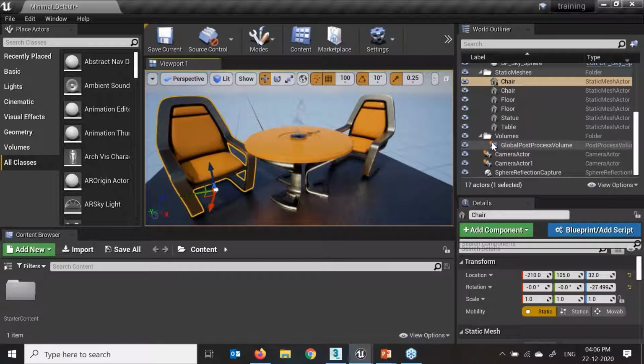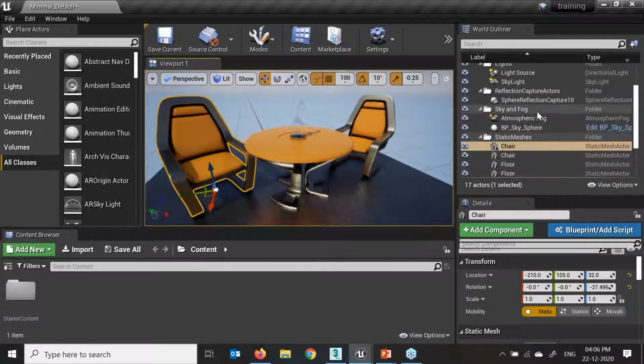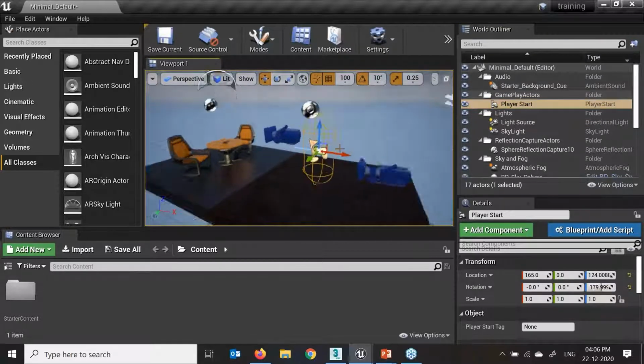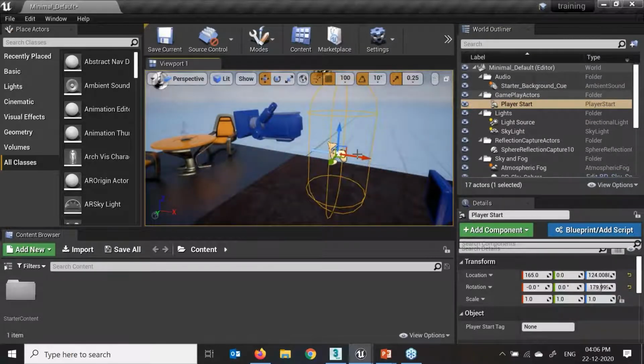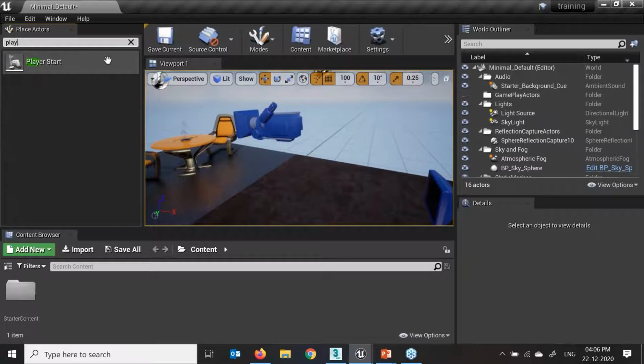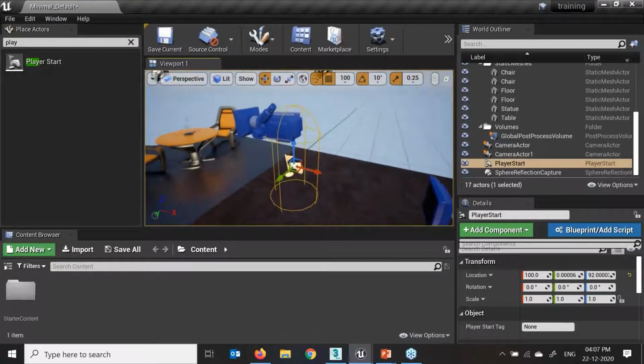Now, like in Maya, in the same way we have our world outliner, showing what assets we have in our project, how many lights we have in our scenes, different options, whatever we have in our scene, we easily get the list from here. If I click on this audio, by default, audio is already added in the different project. Player start, F. If I press F, this is my player start. Just in case if I want to add a player start, I'll delete this and click in my mode node and just say player start. I need to search in the mode node and just drag and drop over here. Again, it's the same way you have added the player start.